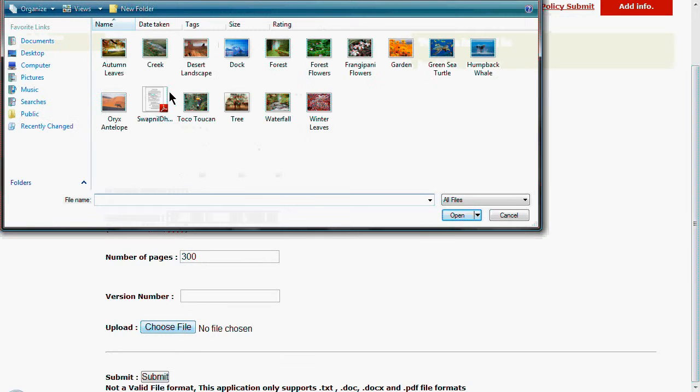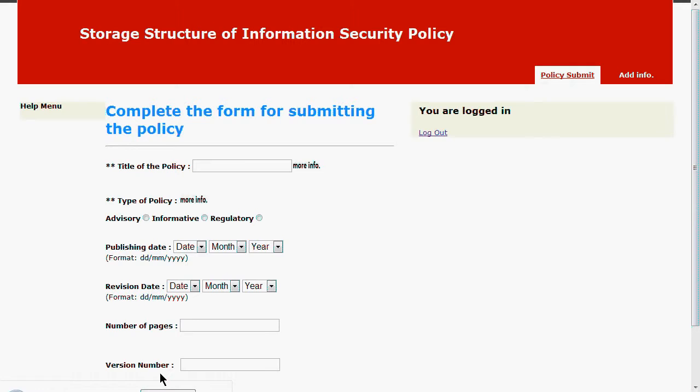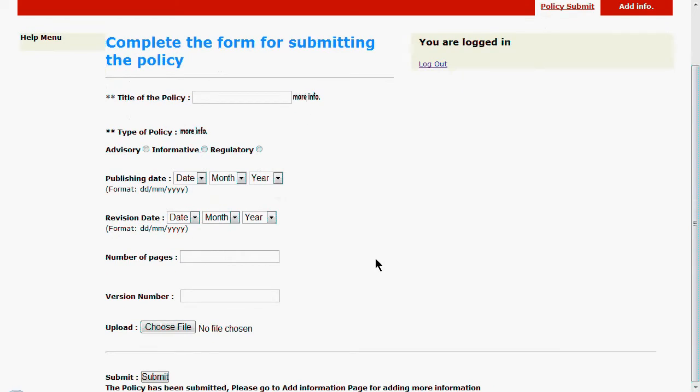And if we submit a PDF file, the document will be taken by the application. But what it does is give you a message: the policy has been submitted, please go to add info page for adding more information. What I've done is, the application processes the form, takes the file, but again it displays